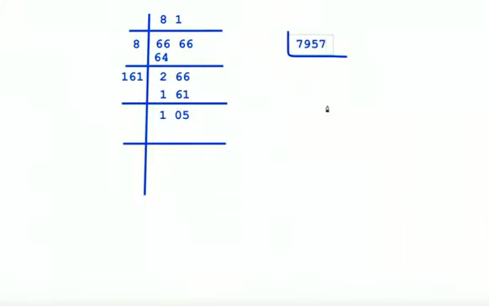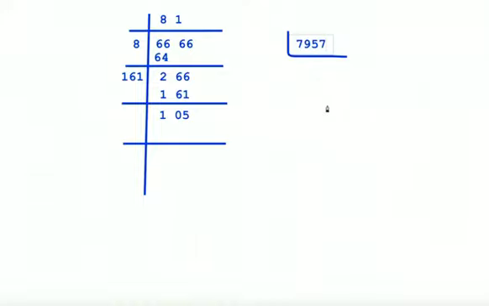24, 25, 26, 27, 28, 29 also we can try. 29. It won't go by 29. 30, 31 we have to check. All prime numbers we have to check. It won't go by 31, 32, 33, 34, 35, 36, 37 we have to try. 37. It won't go by 37 either.